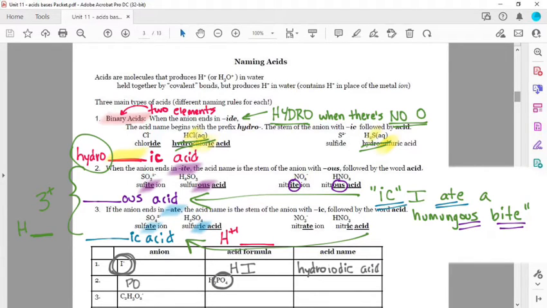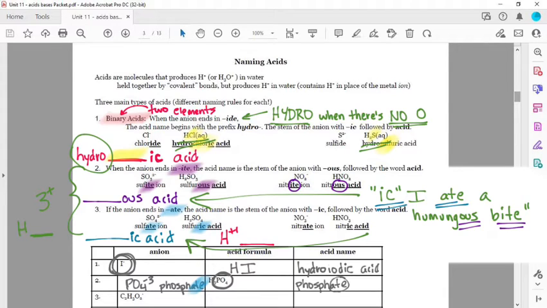If I look on the back of my polyatomic list, that is PO4 negative 3, and we call that phosphate. As soon as I see that it is phosphate, I know that it is not going to need hydro at the beginning. We've got some O's in our formula, so I do not start with hydro when I've got any O's. So I'm just going to start my name with that phosphate,